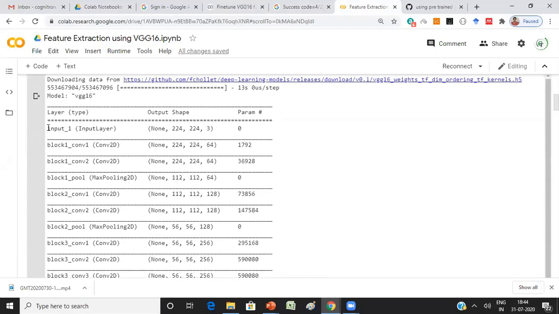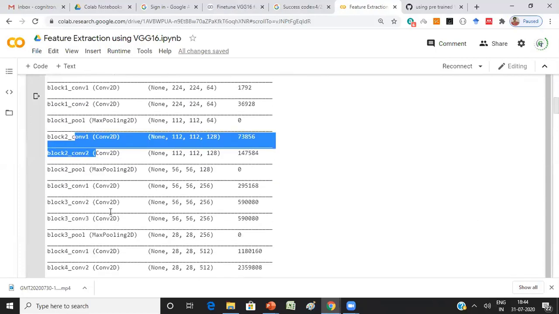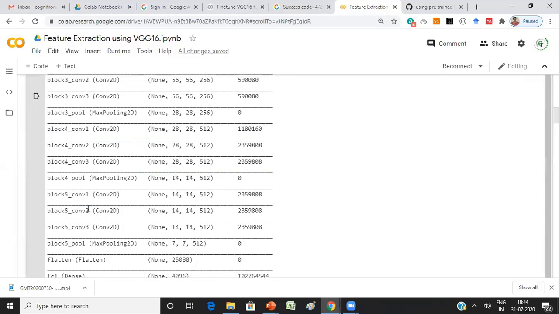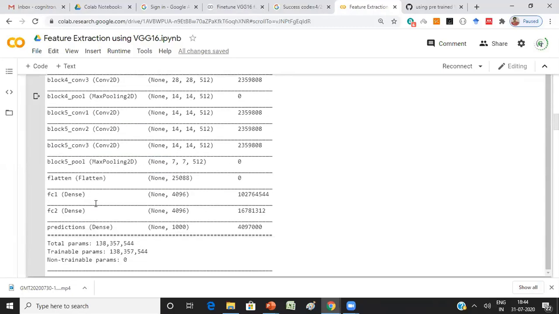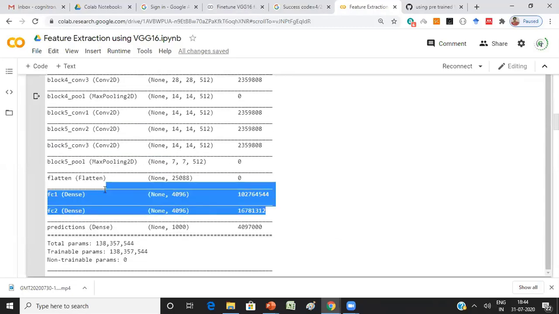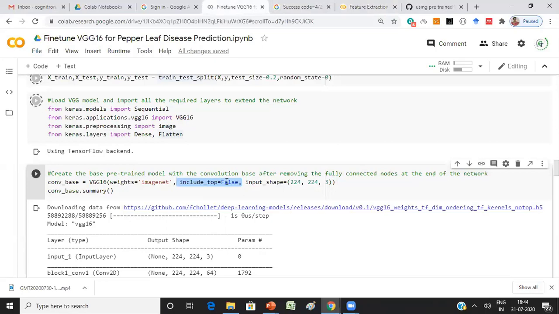If you observe, this is the first layer, the input layer, then convolution, again convolution, then pooling, two convolutions, pooling, three convolutions, pooling, again three convolutions, pooling, three convolutions, pooling, then the flatten and dense layers, right? This part of your model will be removed when I pass include top equal to false. Does it make sense? That means the top layer, or the fully connected part of your model, will be removed, and the rest of the model will be copied to you.